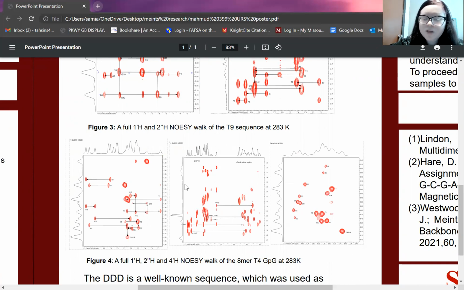We do this by using the HSQC spectrum. This hasn't been done yet for this specific sequence. This is something we need to do in future. And for the Atheno C9 sequence, if we want to continue with this sequence, then we would have to get more DNA samples so we can have better